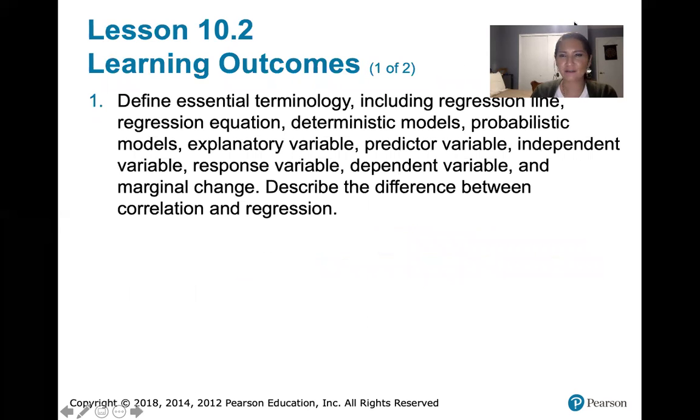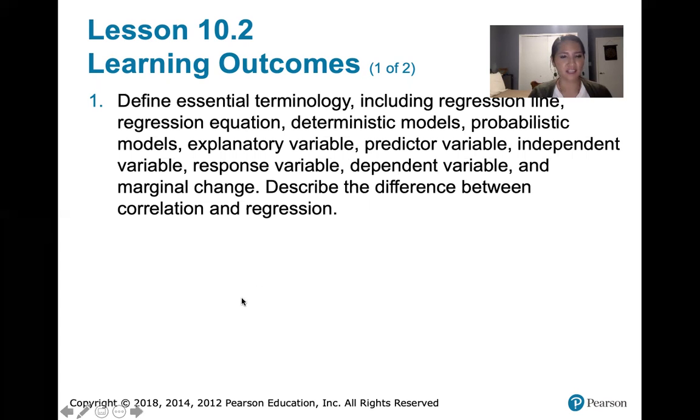The first learning outcome is about just regression in general. And here we are defining essential terminology, including the regression line and regression equation. We'll talk about the difference between a deterministic model and a probabilistic model, and the definitions of explanatory variables, predictor variables, independent variables, response variables, dependent variables, and then we'll define marginal change. And then toward the end of the video, we'll discuss the difference between correlation and regression. So this is really about the big picture, the terminology, and what exactly it is we're trying to do